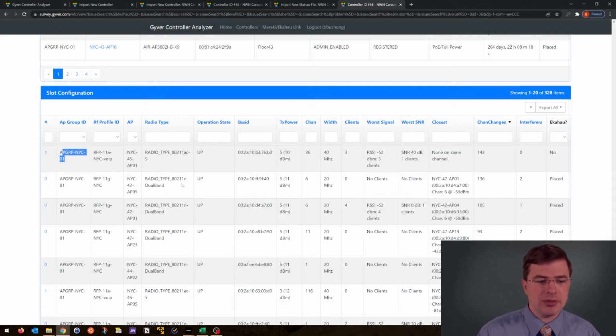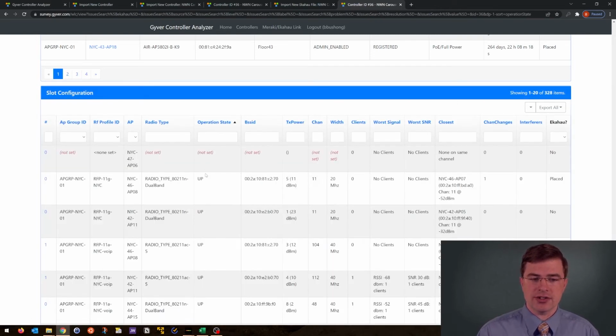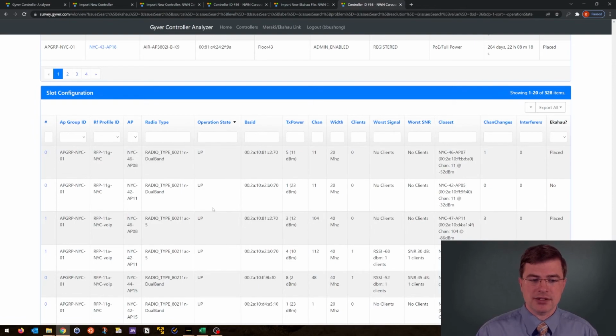The one right below it, which seems quite close, right, has 136 and then 105. So is this something that we need to take a look at? Perhaps. And so these are all things that we can use to quickly get to the crux of the issue. Also, we can sort by operational state on the actual access points that are on site, which is very useful,